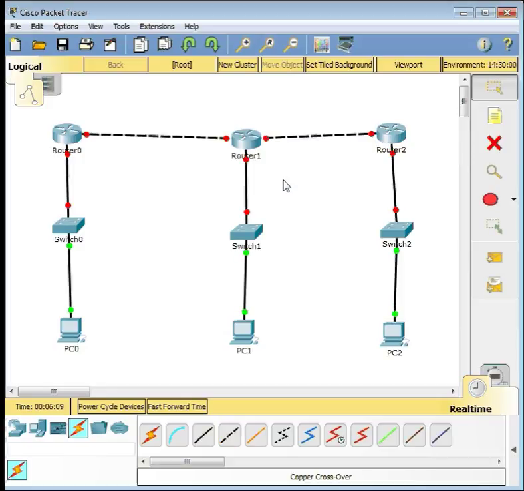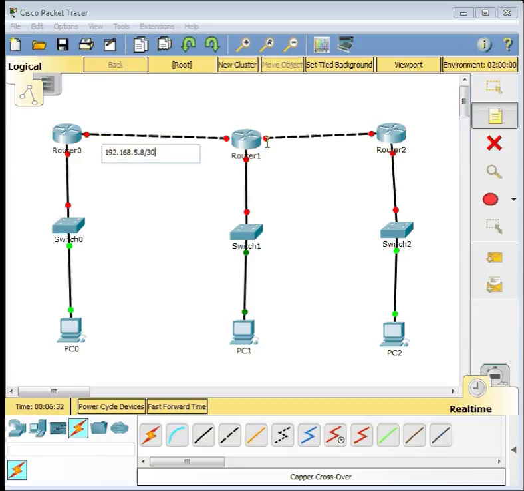Now let us give the network ID. For this network, we have altogether 5 networks over here. So let us take a note and give the network IDs. For this, let us give 192.168.5.8/30.